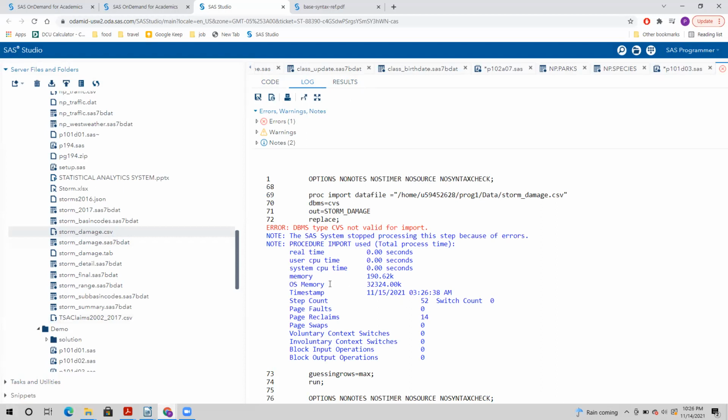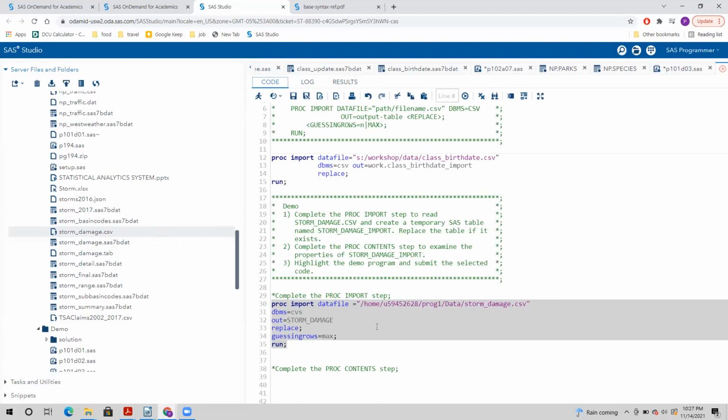So it's telling the system to stop processing this step because of errors. Proc import used. Out storage, storm storage, replace, guessing.